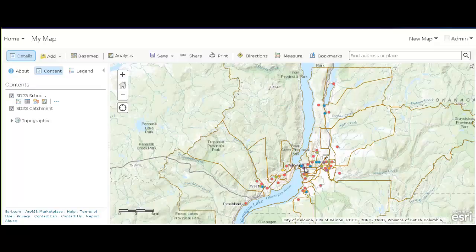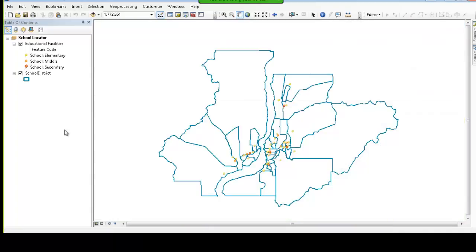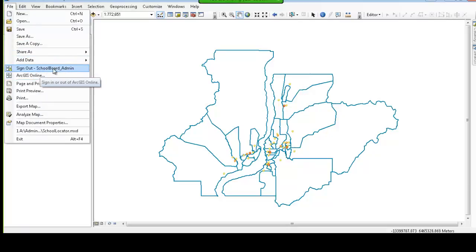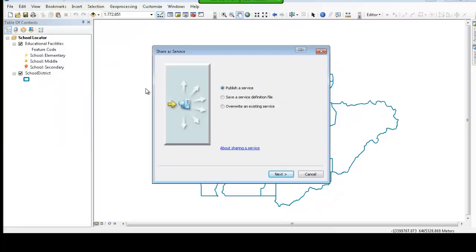If anyone is an ArcGIS Online user, and this data is already in an ArcGIS desktop system or in a desktop format, you can take this data that's in ArcGIS, and ArcGIS is synced with ArcGIS Online. It's just thinking here. You can see here I'm signed in, so I'm signed into my school board admin account. And what I would do is I would just click share, and we'll share it as a service,